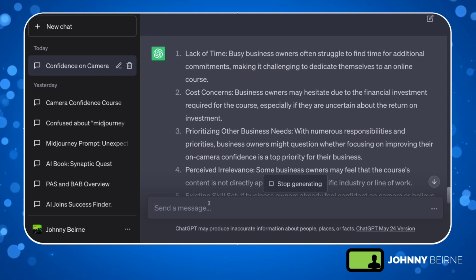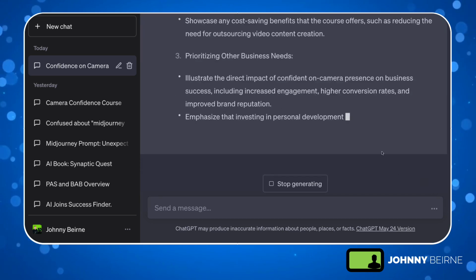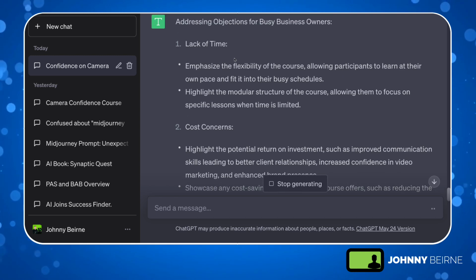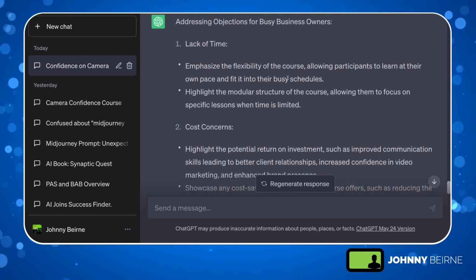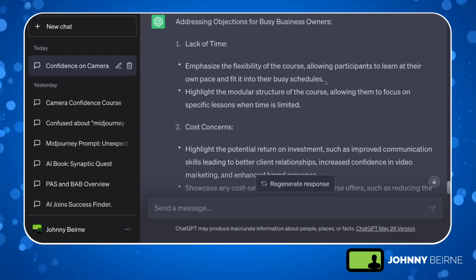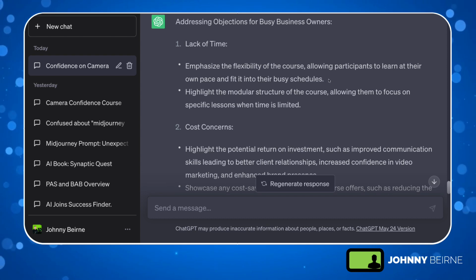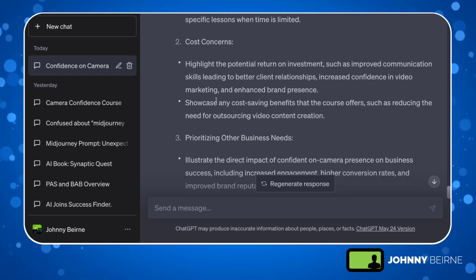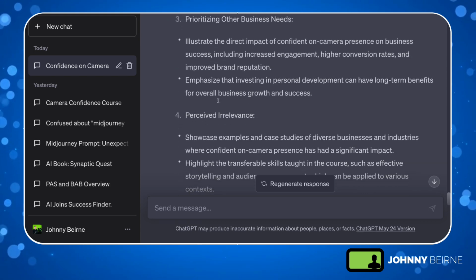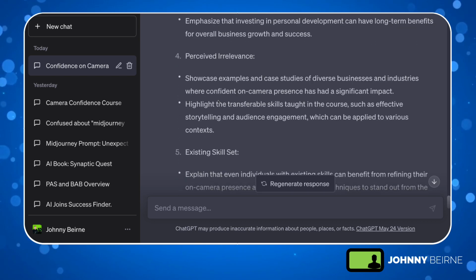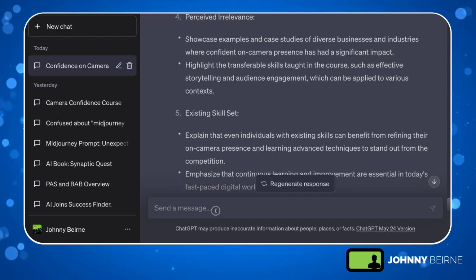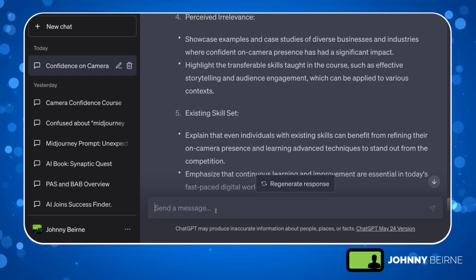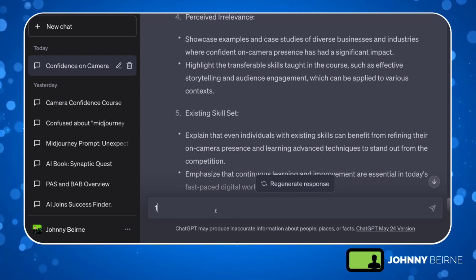Okay, and we get a great response. So if we go back up, lack of time: emphasize the flexibility of the course, allowing participants to learn at their own pace and fit it into their busy schedule. Cost concerns, all these objections are now listed, okay? So another great prompt to go with your course, particularly on the sales page of your online course, is